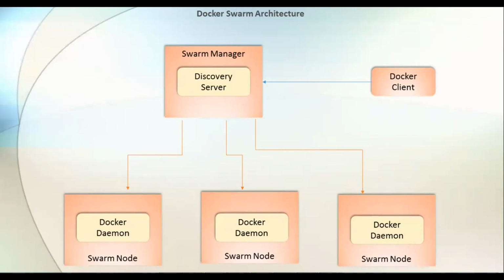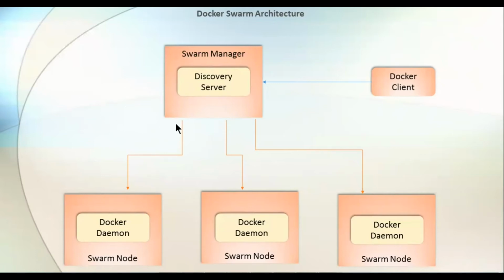To create a Swarm, we are going to create a number of virtual machines. In our diagram, we can see here we have one Swarm manager and three Swarm nodes. So same, we are going to create the infrastructure for us. We are going to create three Swarm nodes, that is workers, and on those we are going to install the Swarm nodes, and one we are going to create as a manager. It's up to us. We can create multiple managers for redundancy. If one manager goes down, another manager can take care.